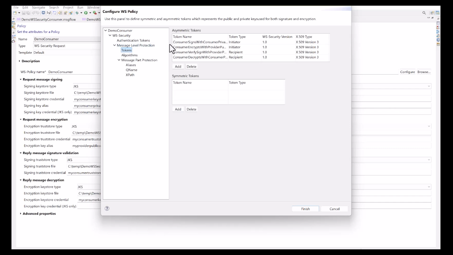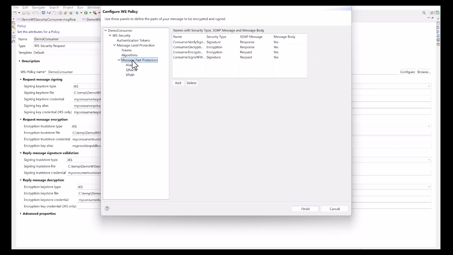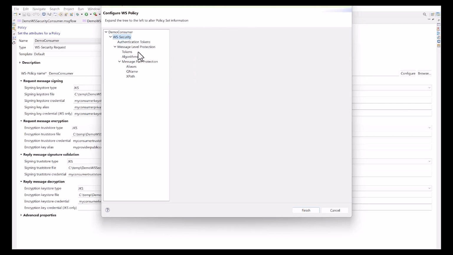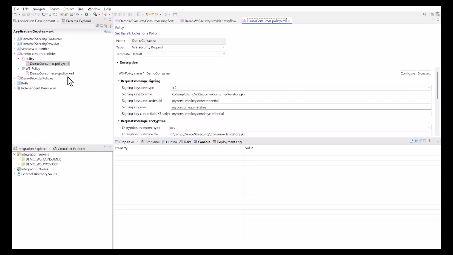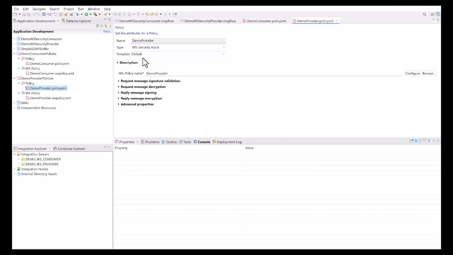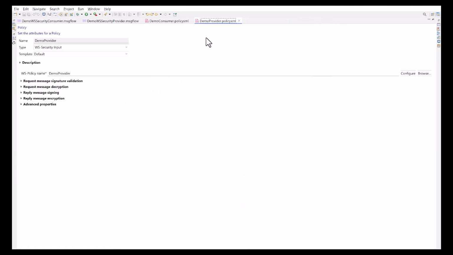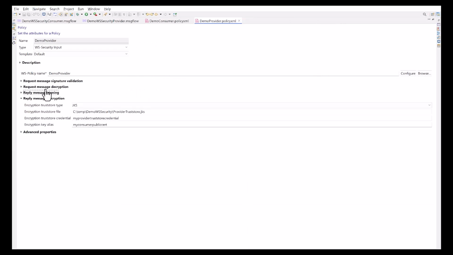We're choosing to encrypt and sign the whole message body, but if you wanted to do something more fine-grained with specific fields, the XPath expression page provides these options. Next, we'll switch our attention to take a look at the equivalent policy settings for the provider side of the relationship. The demo provider policy XML file has a type of WS security input, and down below there are the